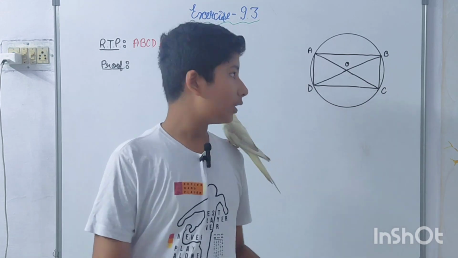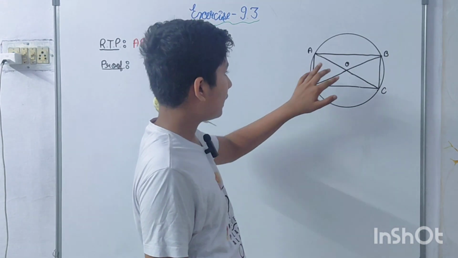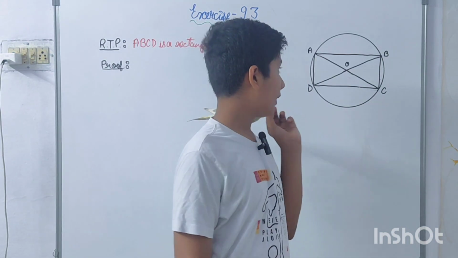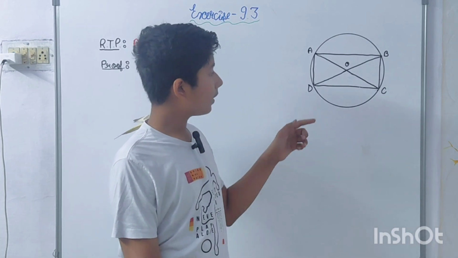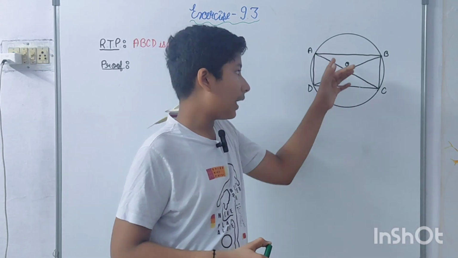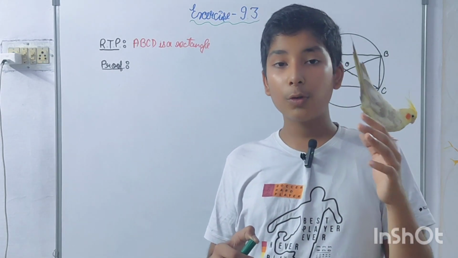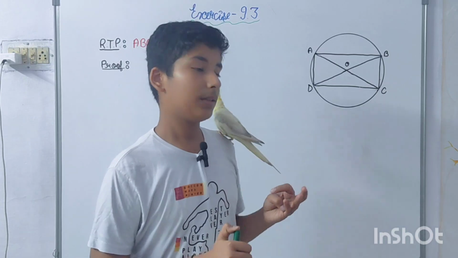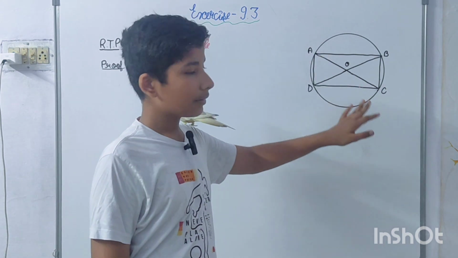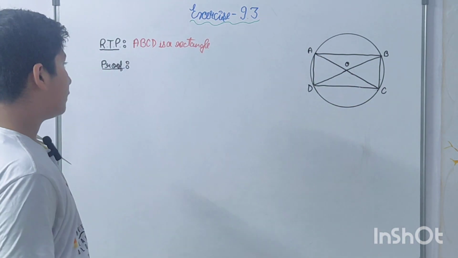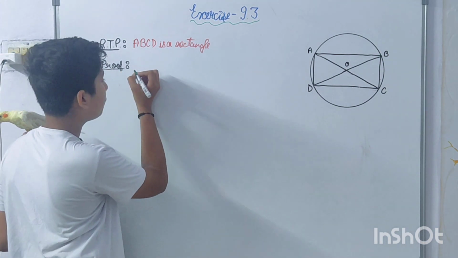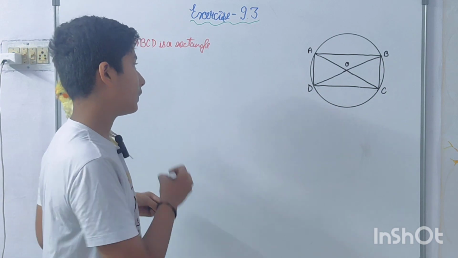Now in this question, it is given that the diagonals of the cyclic quadrilateral are its diameter, the diameter of the circle. This means we can say that these two diagonals would be equal to each other. Here we have to prove that this is a rectangle. I told you it's a quadrilateral, but as per the question we have to prove this is a rectangle, if its diagonals are the diameter of the circle. So first of all, ABCD is a rectangle, we have to prove this. So proof.